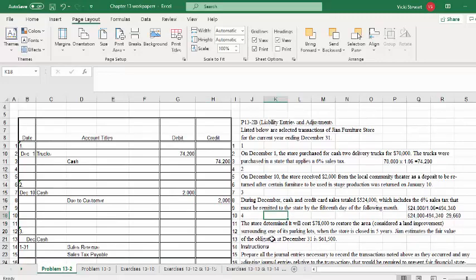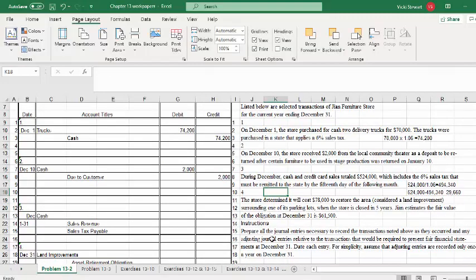The third transaction states during December, cash and credit card sales totaled $524,000, which includes the 6% sales tax that must be remitted to the state by the 15th day of the following month. So the first thing we need to do is to determine what the amount of actual sales revenue was for these sales that we recorded that included the sales tax. So you take the gross amount, $524,000, and you divide it by 1.06, and that will give you the amount of the sales revenue,